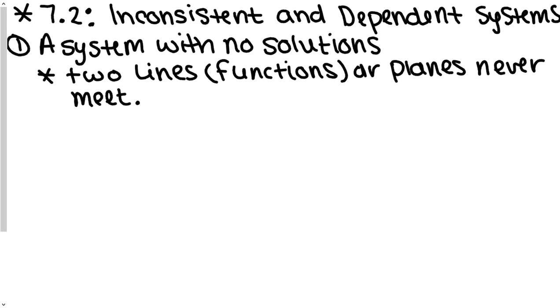So let's look at what it means to be a system with no solution when we're using Gaussian elimination. So example one,